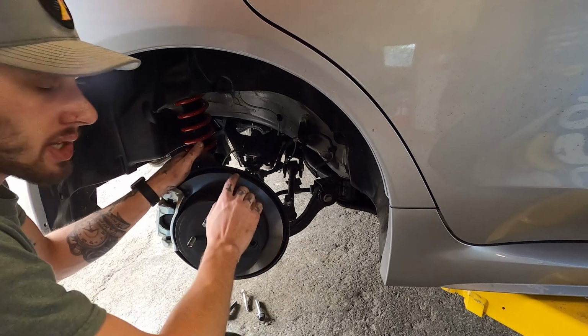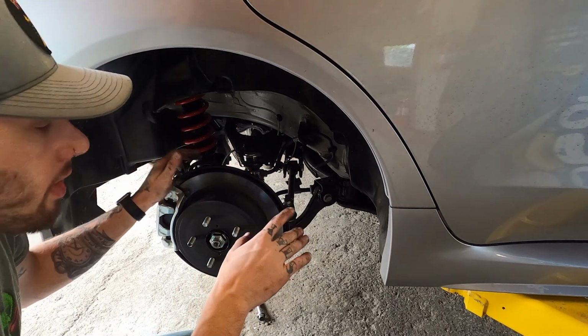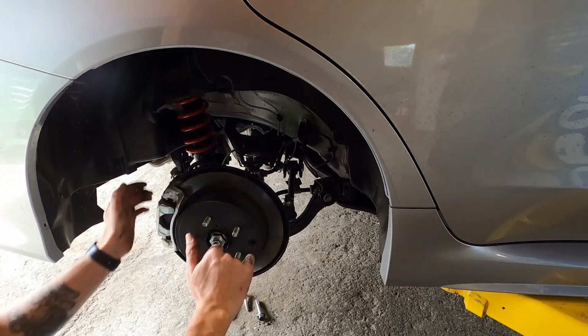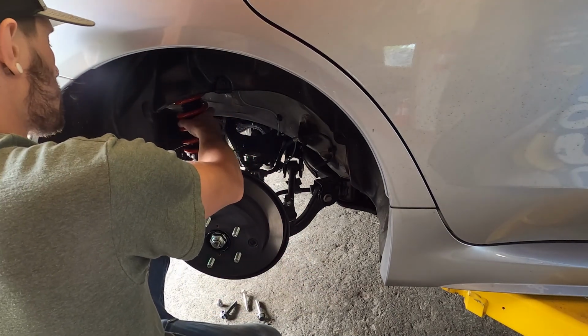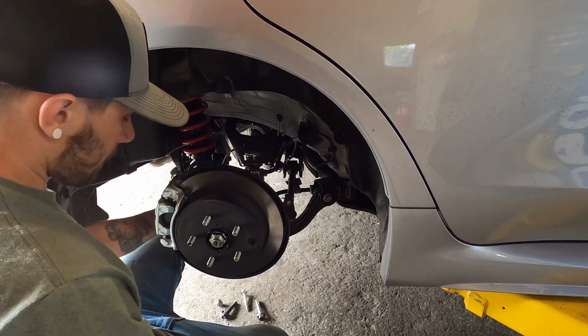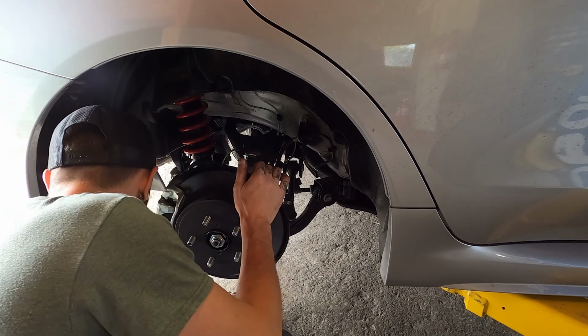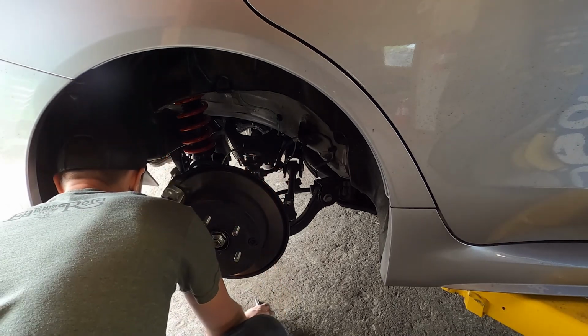Okay, for the top nuts, I didn't tighten them down all the way. I just hand threaded them on there just to hold the coilover in place while we get everything else put back together here. So like I said, we're going to do everything kind of in the reverse order that we just did. Starting with the sway bar end link, which is going to be your 14mm bolt and nut,